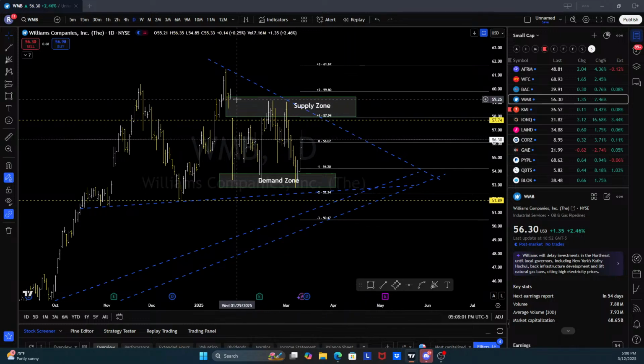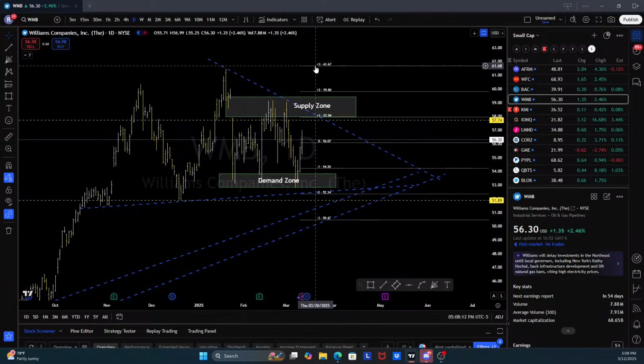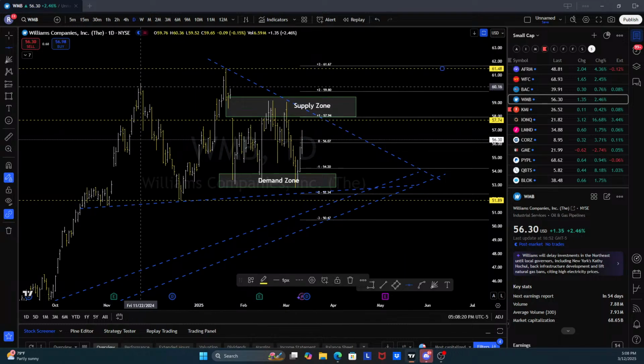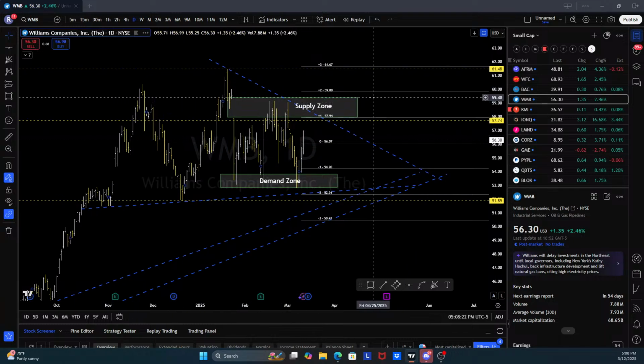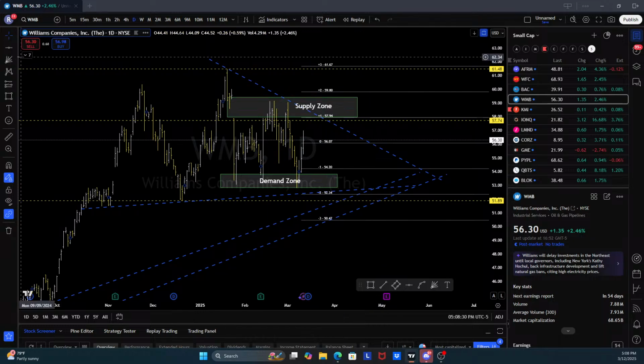And then we can go and fill this gap to the upside here around mid $59, 59.45 or so, and a continued push up. This can run all the way up to 61.67, which is close to being around the highs right there. So this is how confluences work with the charts when you have a certain amount of indicators that you use. And then when you start adding the gaps,